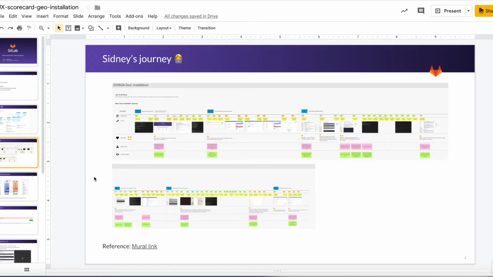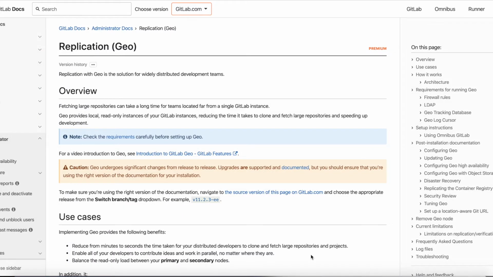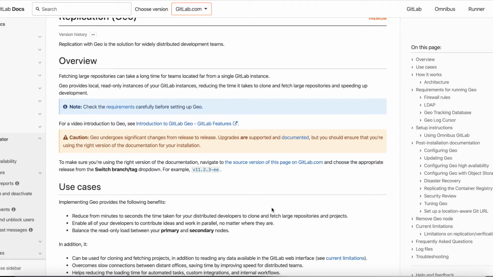And this is Sydney's journey, which is really long and complicated. So I will not go through the detail of each journey map and each step. If someone is interested, please use this Mirror link here as a reference. But I would like to focus on the instruction document first because it was really not easy to follow